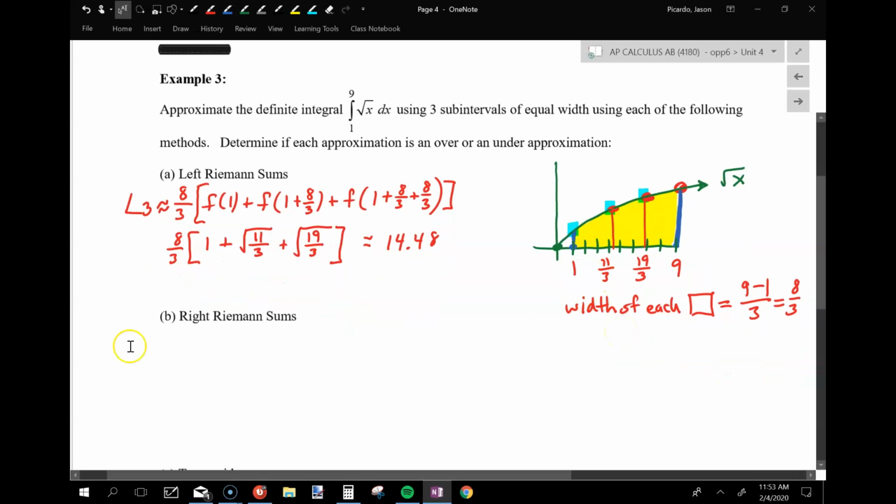All right, so my R3 is 8/3 of, going to start on the right side, so starting at F9, adding F of 19/3, adding F of 11/3, which is